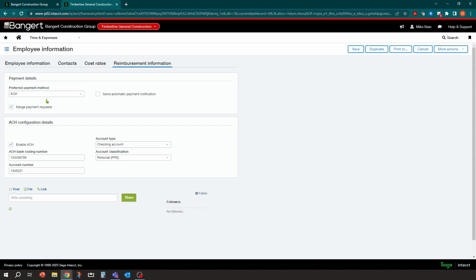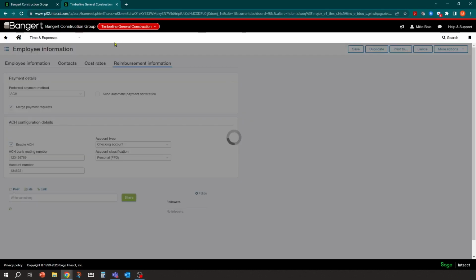So in the case of the bonus check, if you do want it to be a physical check, what you need to do is switch it here before you start processing the payroll. So when you're ready to do your bonus run, come into here to the employees and say, oh, nope, they're going to get a check for this one. Okay. And then just remember to switch it back when you're done. In this sample, we'll just leave it on ACH. We'll say they're going to get the same thing that they normally do, which is a direct deposit setup.